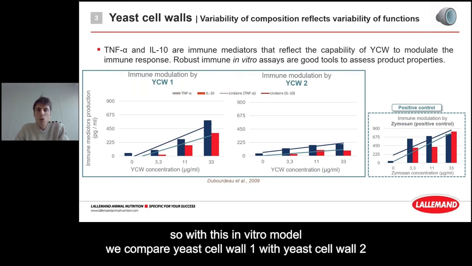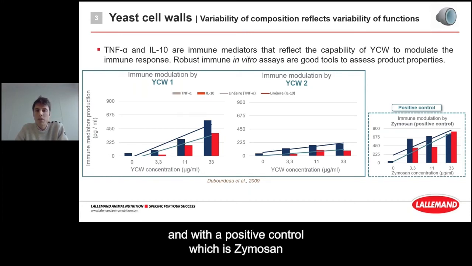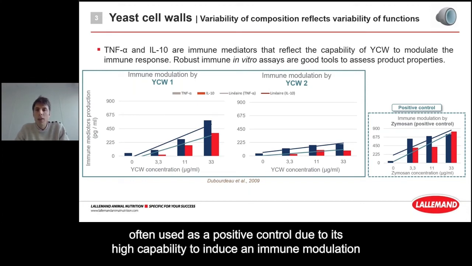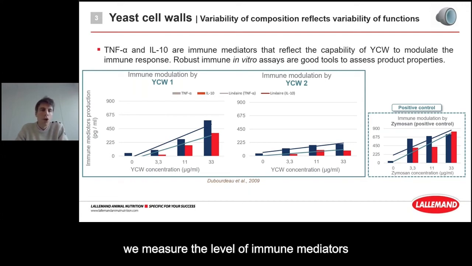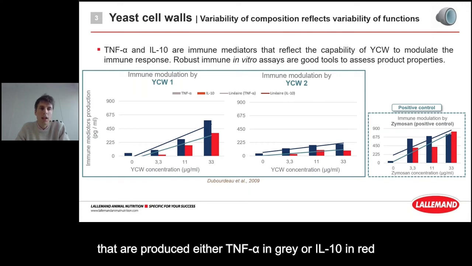With this in vitro model, we compare yeast cell wall 1 with yeast cell wall 2 and with a positive control, which is zymosan, often used as a positive control due to its high capability to induce immune modulation. Depending on the dose of the product, zymosan or yeast cell wall 1 or 2, we measure the level of immune mediators that are produced, either TNF-alpha in gray or interleukin-10